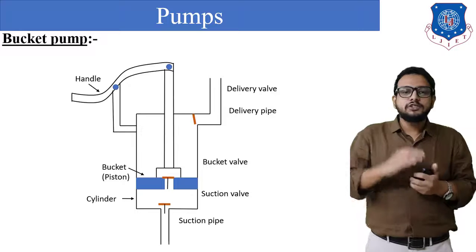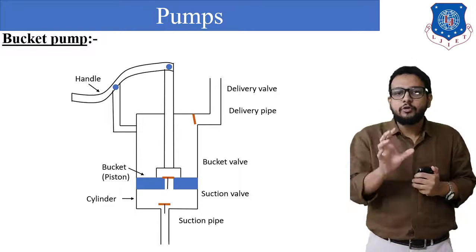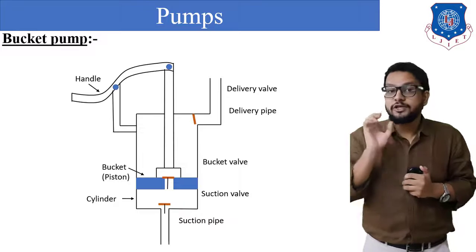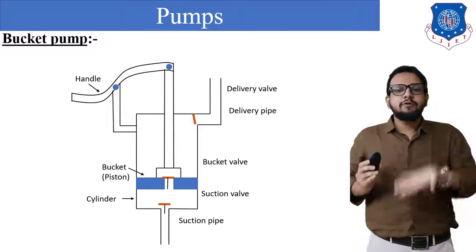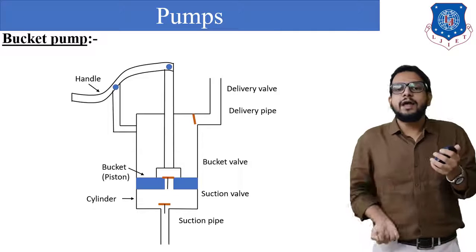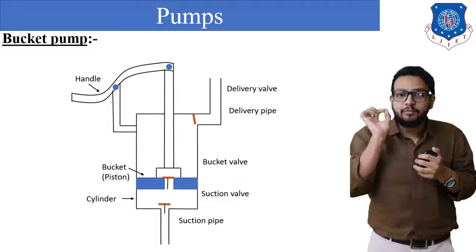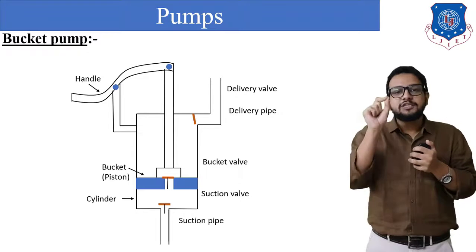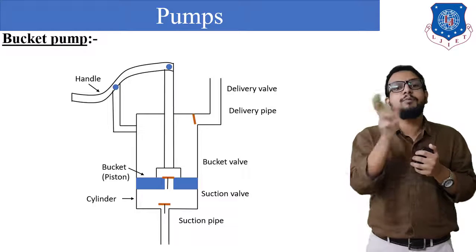As a result of which, on the bottom side of the piston, vacuum will be created. What is going to be created? Vacuum, that is zero pressure. As soon as a vacuum is created, due to the pressure difference, the suction valve will open and water will begin to enter into the cylinder. At the same time, on the top side of the piston, pressure will be exerted on water which has been sucked during a previous stroke.